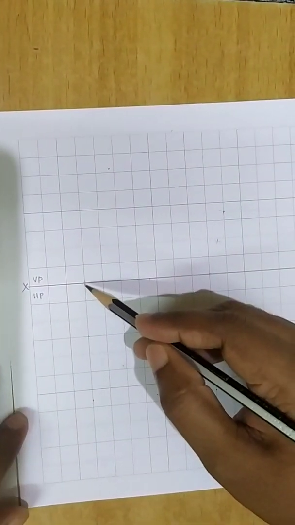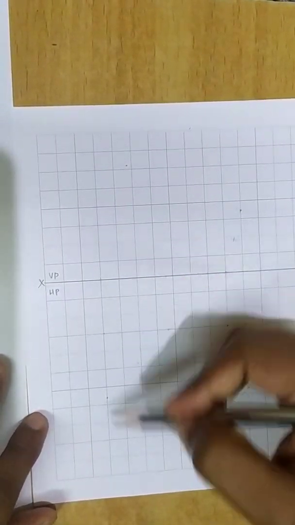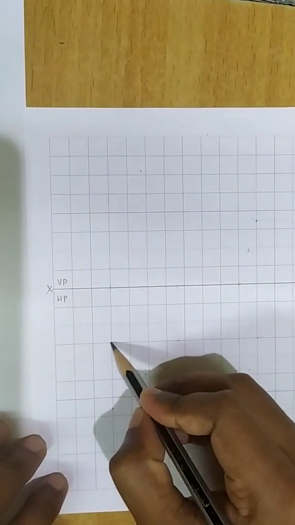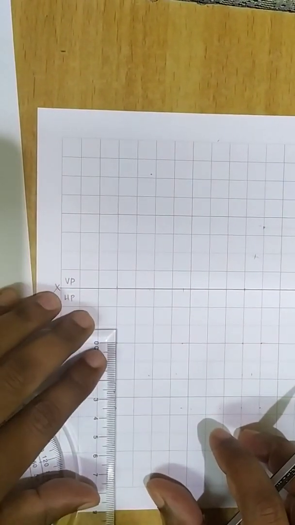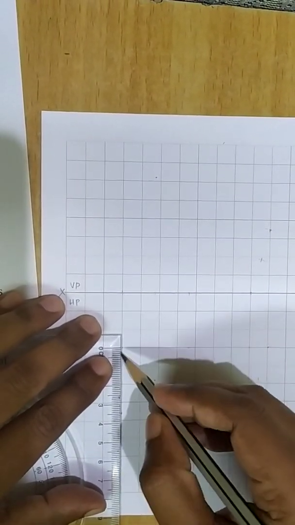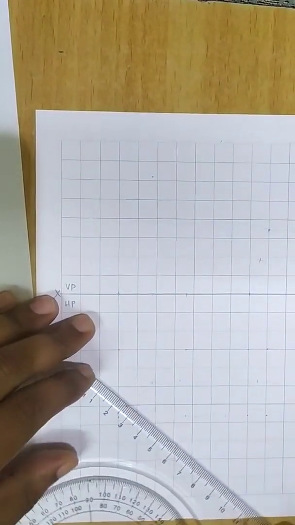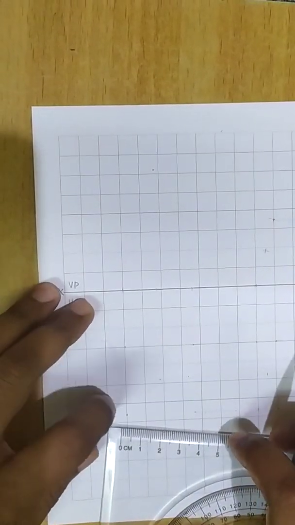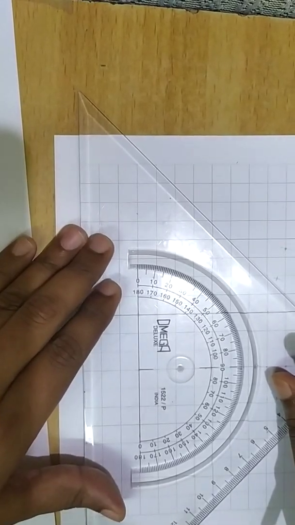This grid acts as my reference line. On this vertical line, I'll take any one reference point, and with respect to this point, I'll measure 35 mm. Take the scale and measure 35 mm. If you measure the 35 mm, you'll get the second end point of your square. We have to draw the square with a side resting. I need to obtain the side towards my right hand side. Now with respect to these 2 corners, I need to take 90 degrees. So place your protractor.